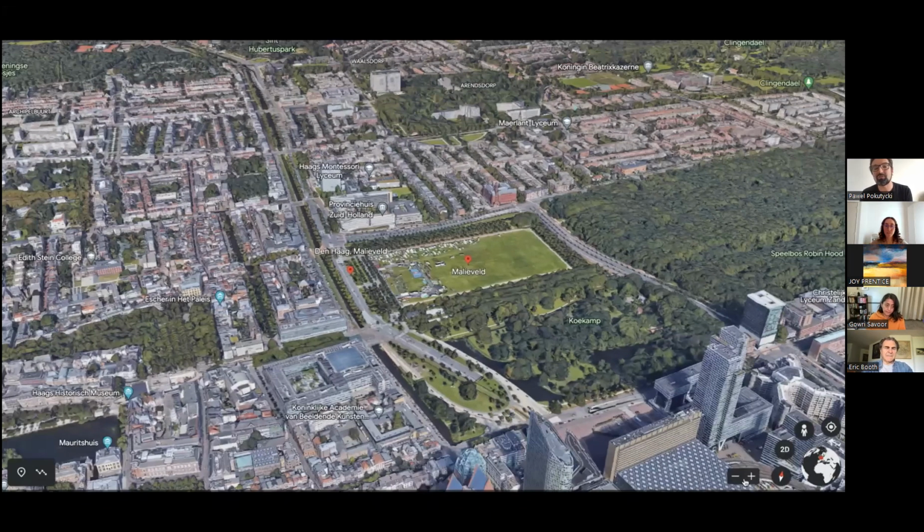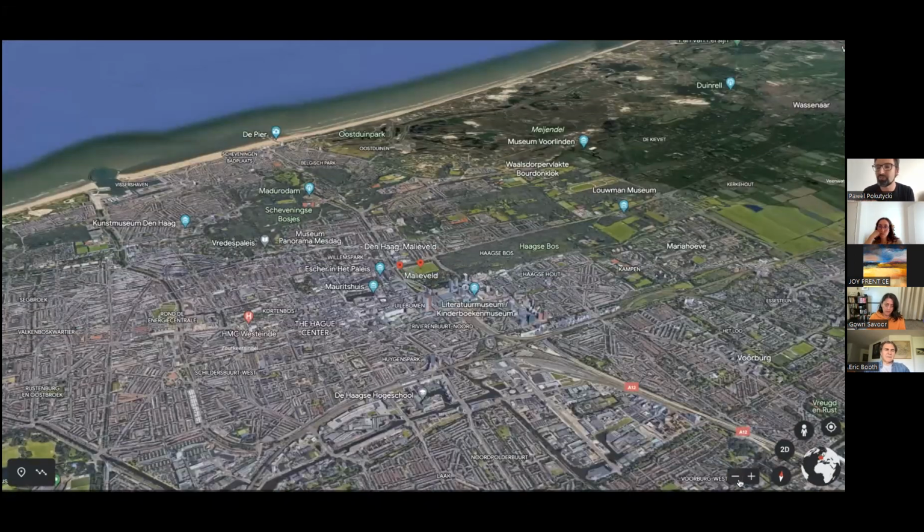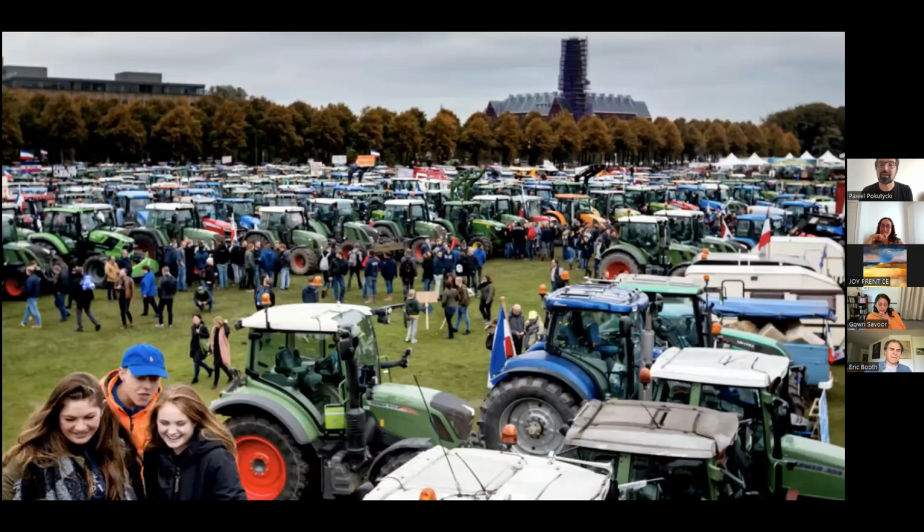From my research, I found out that this location has never been used really for a larger artistic manifestation. This space is used for different political or commercial reasons, but not really for a work of art or an art event. So I took the children there, and a side story: not so long ago, there was a large manifestation in The Hague, blocking all the access to the city.